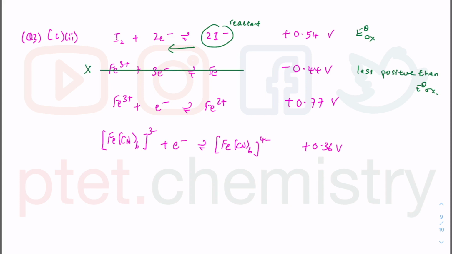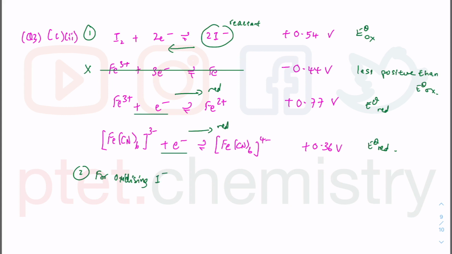They say use E naught values to explain. So I should list down all these things as part of my explanations, because although these are from the data booklet, you really need to list them down in your answer in order to explain it. So how can I explain it then? Between this and this, this being the ERAT, because I'm doing the reduction as I'm going this way. So for oxidizing I minus